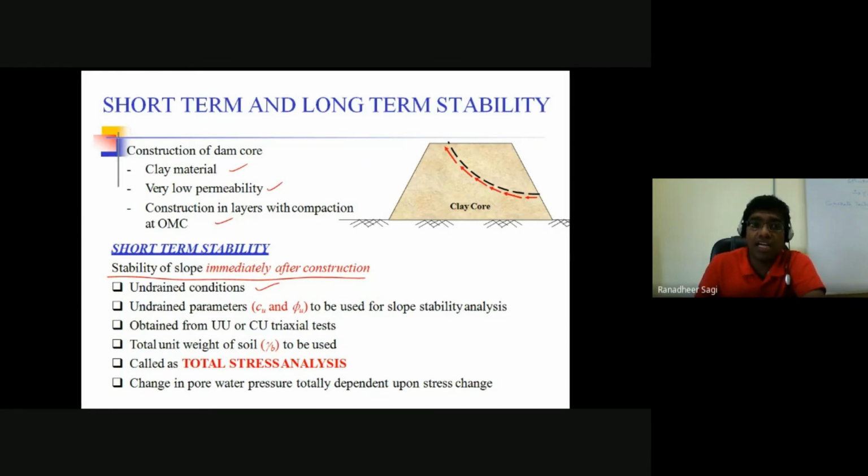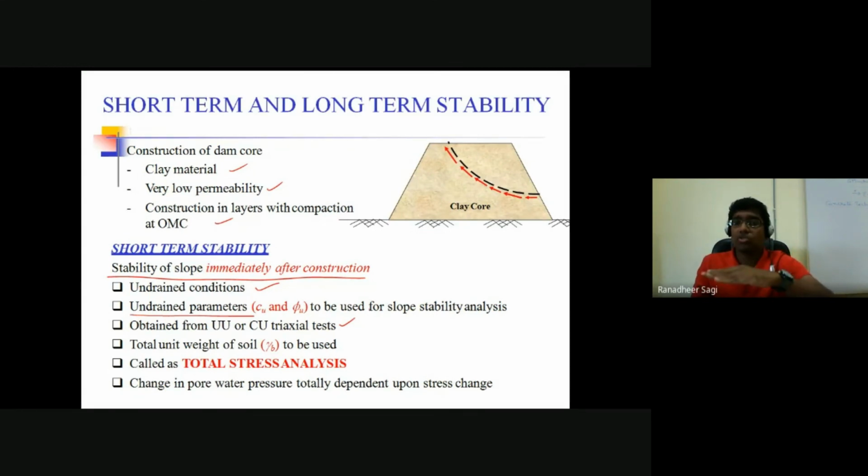And if I consider the undrained condition, the shear strength parameters to be taken in the analysis of your slope are undrained shear strength parameters, that is, your Cu and Φu values are to be used in the slope stability analysis, which is said to be short-term stability analysis, because immediately after construction, if you want to know how the behavior of that slope is going to be, as the slope or the embankment or the dam is mostly in undrained condition, you should take the undrained shear strength parameters of the soil, which you have determined either from the UU test or sometimes from the CU test.